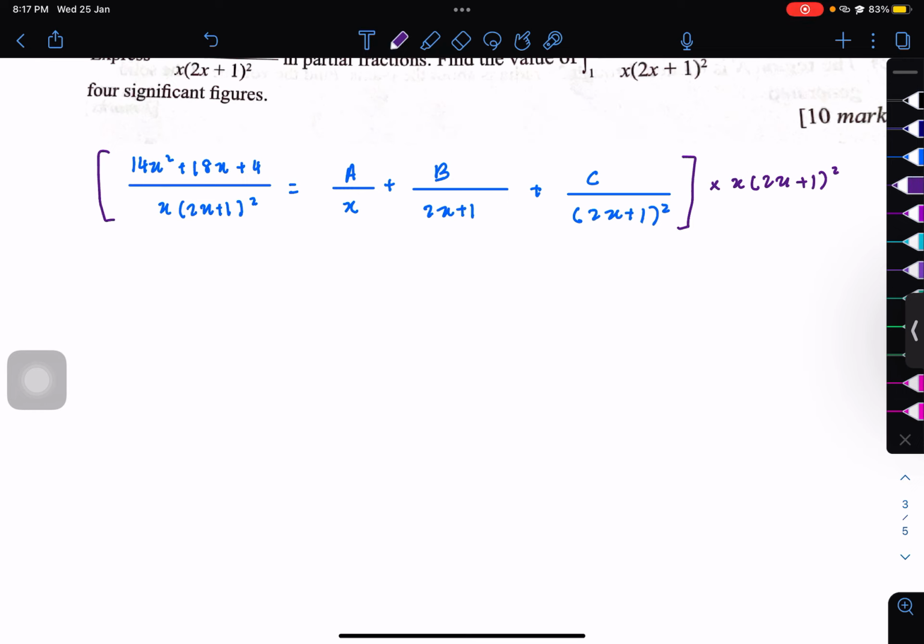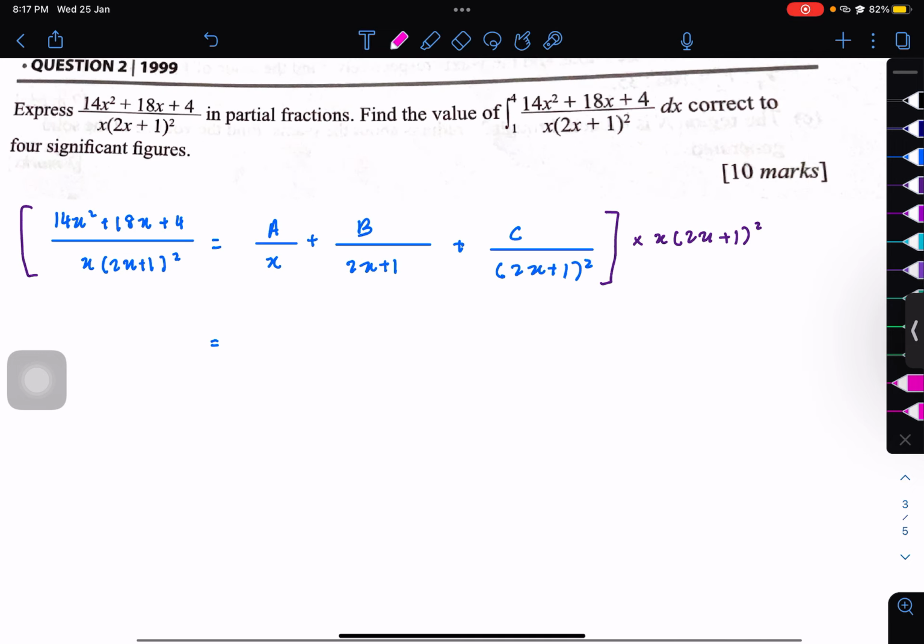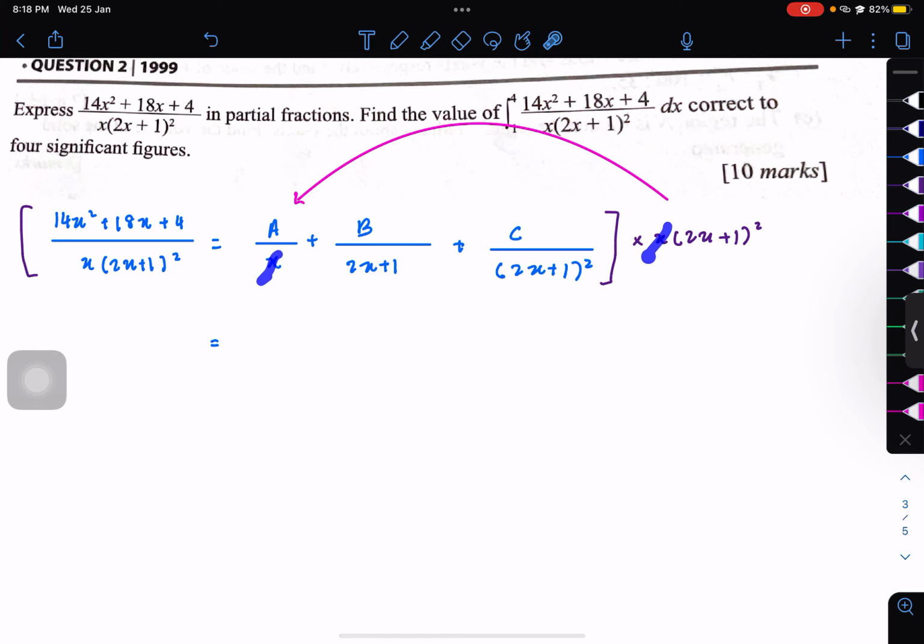Okay, jadi first bila kita darab yang ini ke sini, bila kita darabkan dia, kita akan potong yang sama, which is x. Kita boleh potong kan. So tinggallah (2x plus 1) squared. Jadi kita boleh tulis A (2x plus 1)